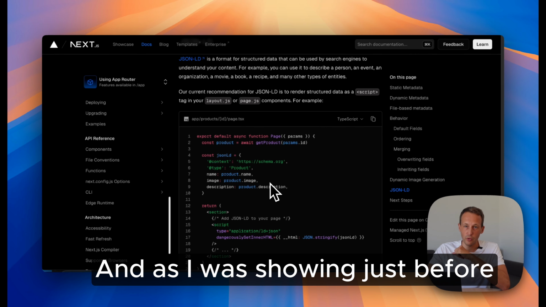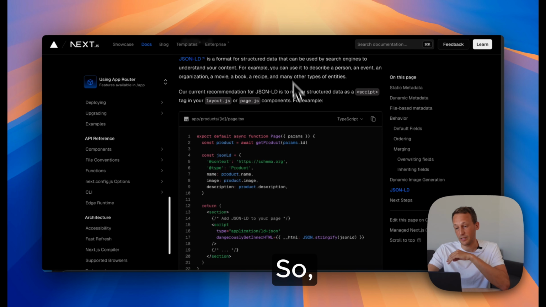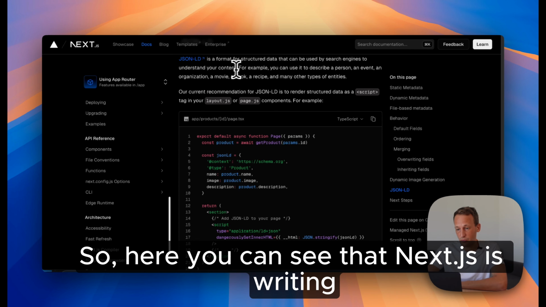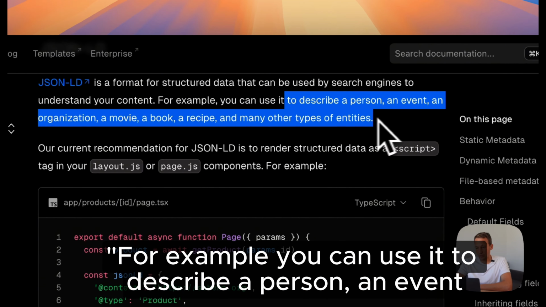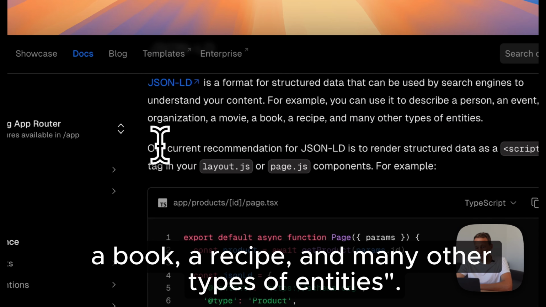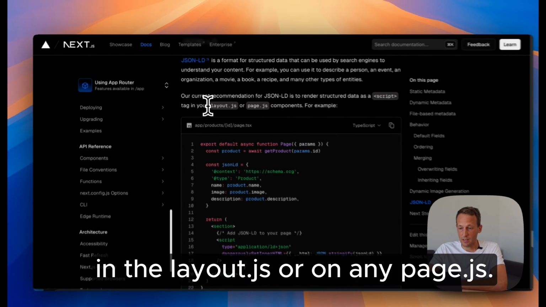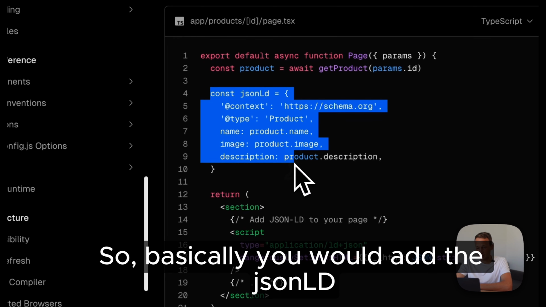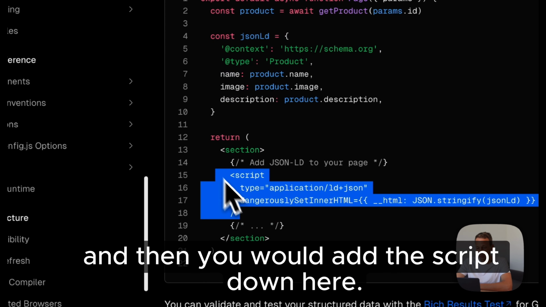And as I was showing just before, you should also add structured data to your pages when it is relevant though. So let's just have a look again at the documentation here. So here you can see that Next.js is writing that you should add structured data. For example, you can use it to describe a person, an event, an organization, a movie, a book, a recipe, and many other types of entities. And they then recommend adding it as a script in the layout.js or on any page.js. So basically you would add the JSON LD object up here,